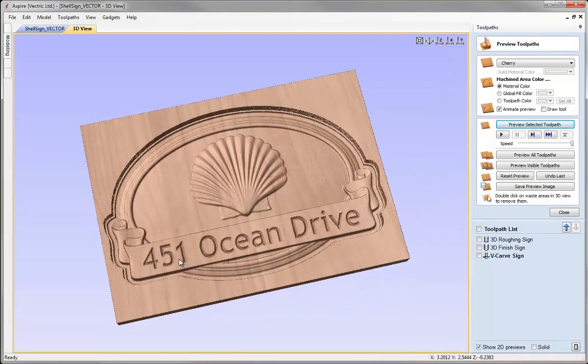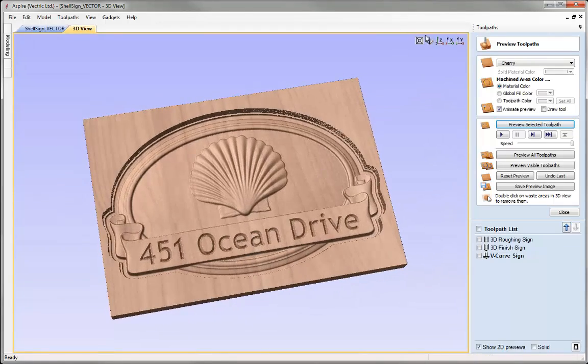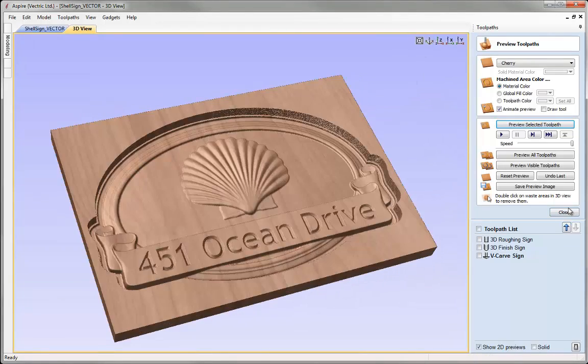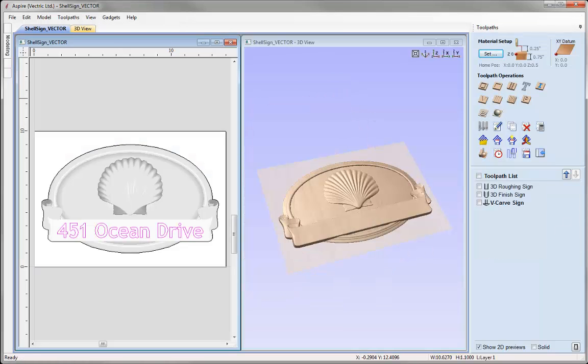We can see here that we have nice clean text, so I'm happy with that. So if we go and put that in isometric view, close that down, go to View, tile our windows vertical, and now we're ready to run our profile toolpath. To do that, we're going to select this vector here, then we're going to come over to the profile